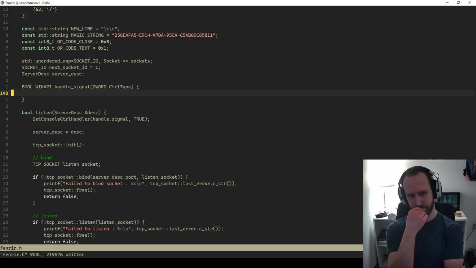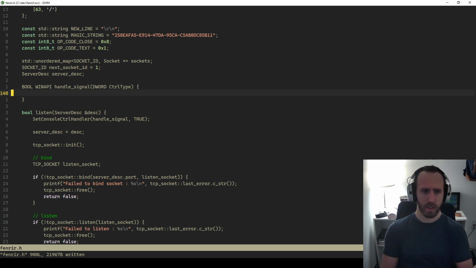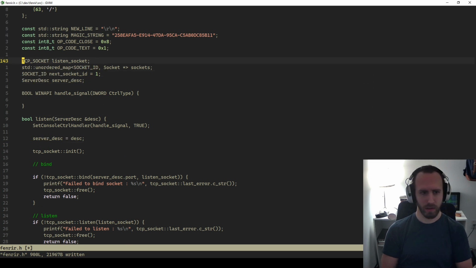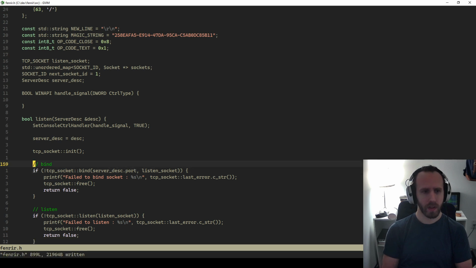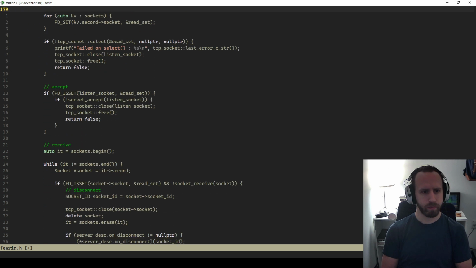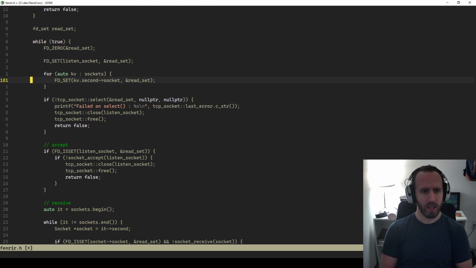So what we would need to do is the TCP socket would be here, the listen socket. So we have the listen socket. So we would do, right, if there's any error here,